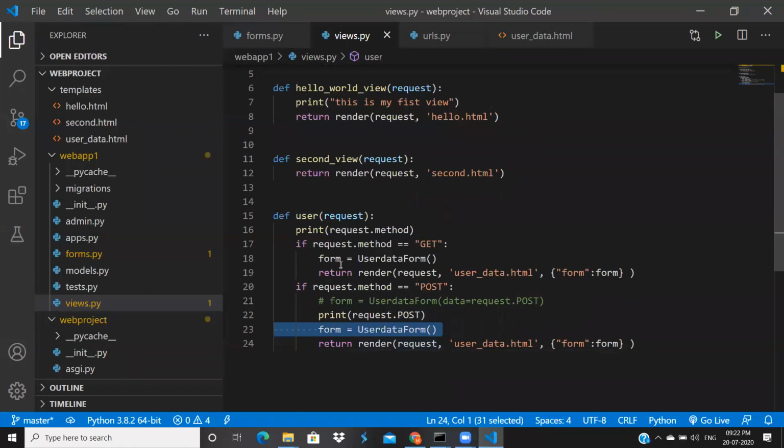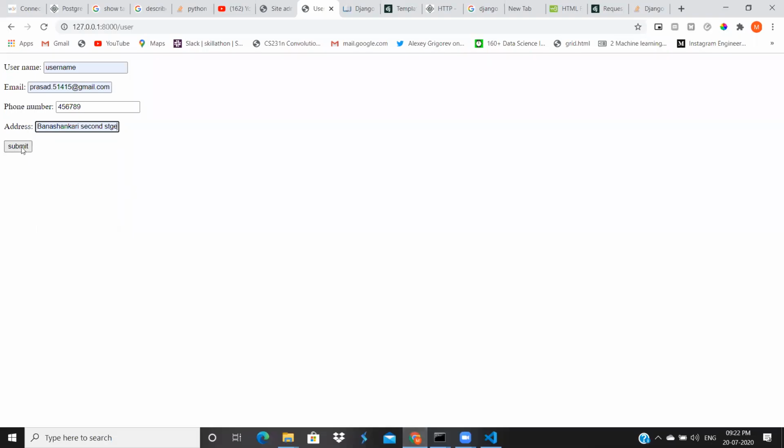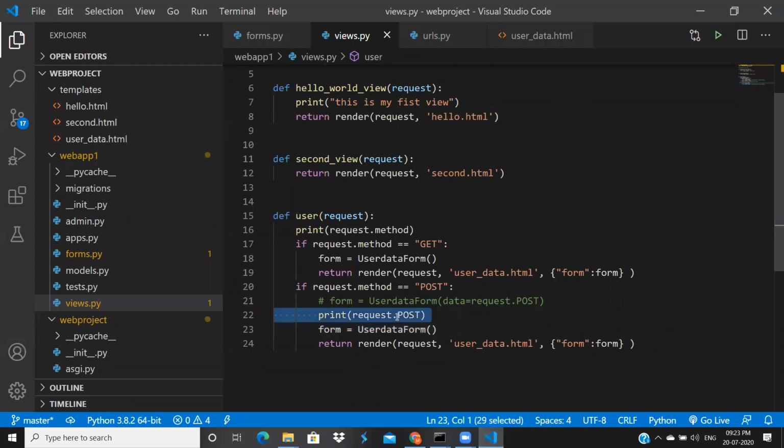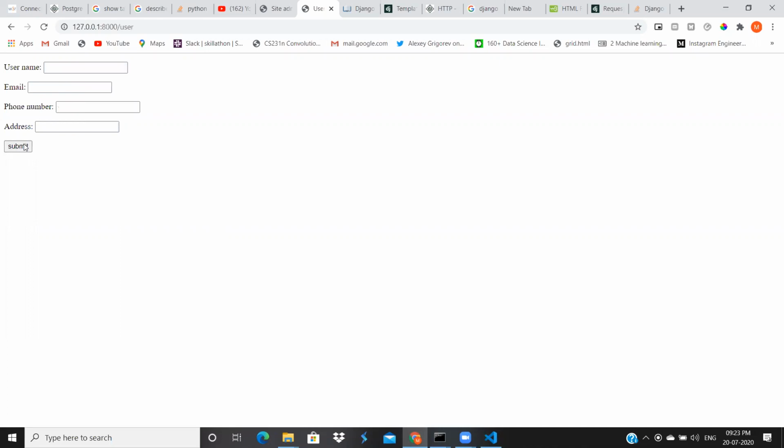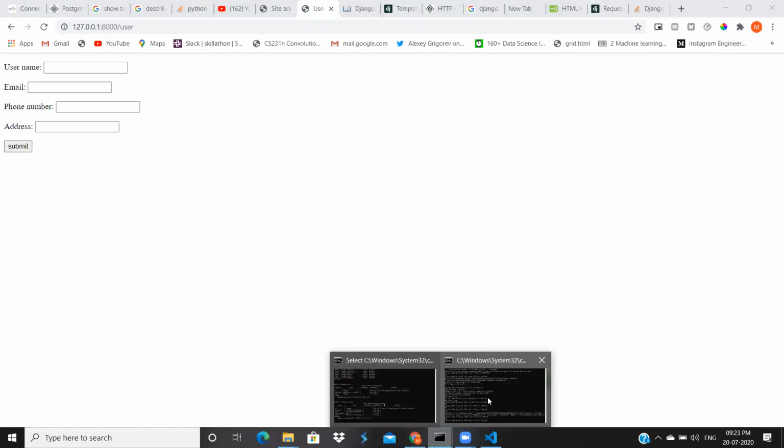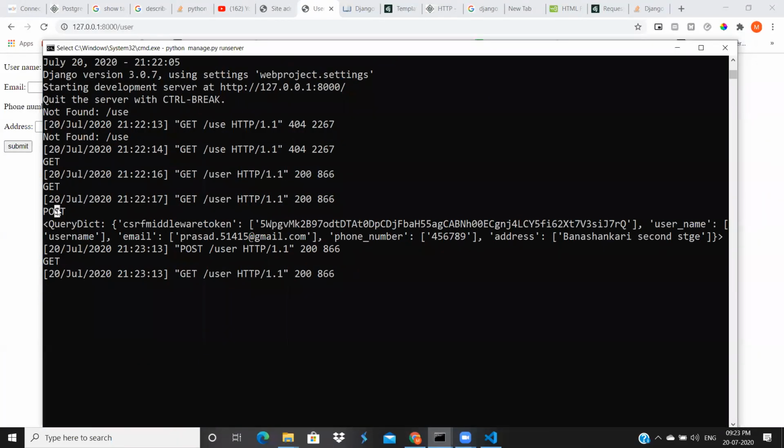This view didn't return anything. We got that error previously, so I'm sending an empty form. Just see here, when I click this submit button, this data will be handed over to the server. Okay, request.POST. Here we will get all our data. After that, I'm sending an empty form to the user. Just see here, I entered all data and it's erased. You will think it's erased, but if you see here, after the post method, it's printing a QueryDict. Inside this QueryDict, we have the username field. Inside this username field, I entered that username value.